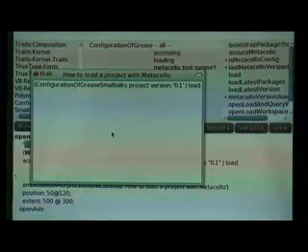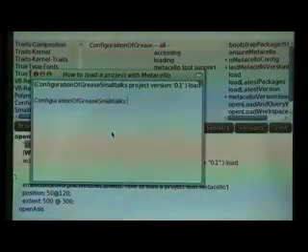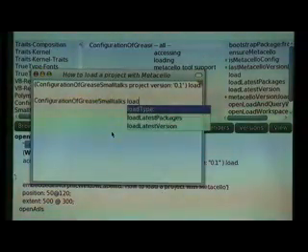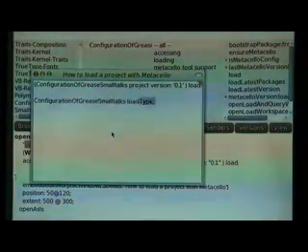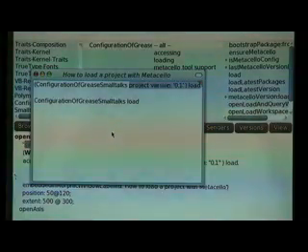Some people get tired of writing all this all the time, so they did, for example, things like ConfigurationOfGrease Smalltalk load. And then they implement the class side load that does this. So like a shortcut method. Anyway,